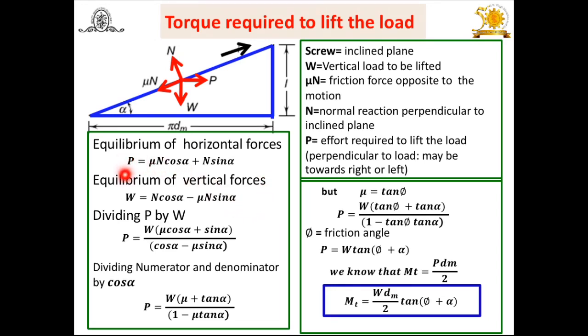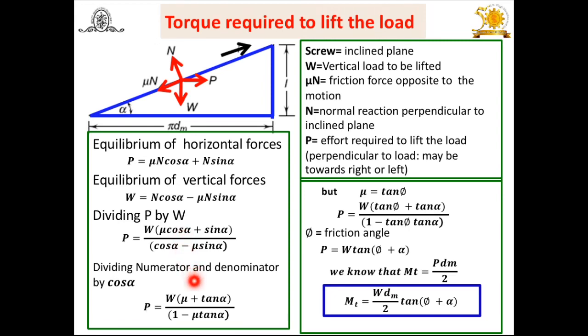And dividing P by W here, the P by W you will get mu N cos alpha plus N sine alpha upon N cos alpha minus mu N sine alpha. Send this W towards this side, so you will get P is equal to W in bracket mu cos alpha plus sine alpha upon cos alpha minus mu sine alpha. Again dividing numerator and denominator by cos alpha, here you can divide. So what will you get? P is equal to W in bracket mu